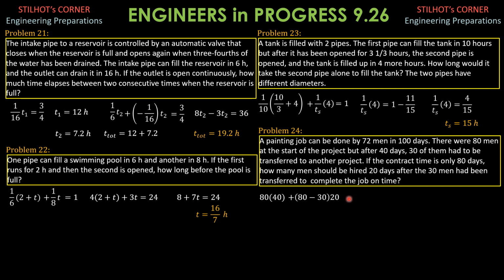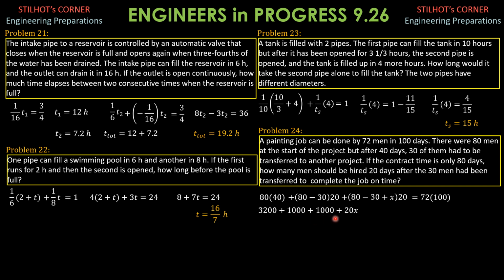After the 60th day, there's a need to hire more men. So the current strength would be 80 minus 30 plus X, working for another 20 days to make it 40 plus 20 plus 20, 80 days. So (80 minus 30 plus X) times 20 days equals one complete job, and one complete job is 72 times 100 man-days. Simplifying,